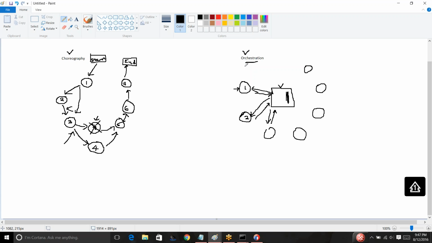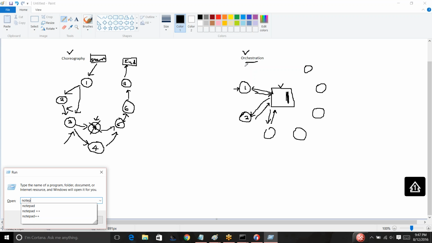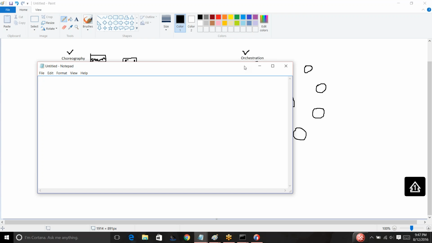We'll look at the definitions and all in the next session. But if I just want to write the definition here, I mean, this tells you everything. It is defined as the coordination and arrangement of multiple services as a single aggregated